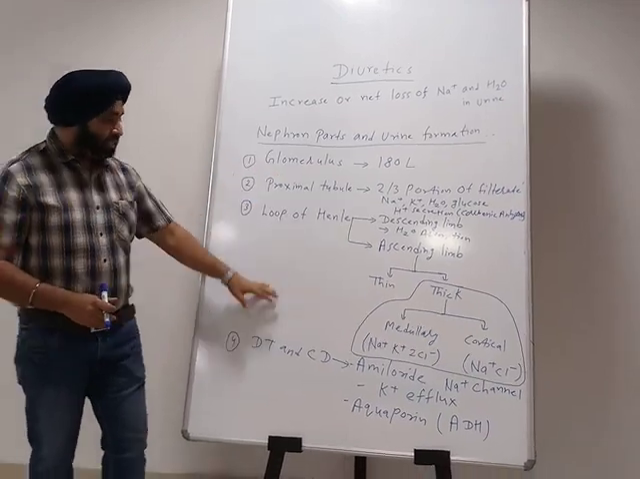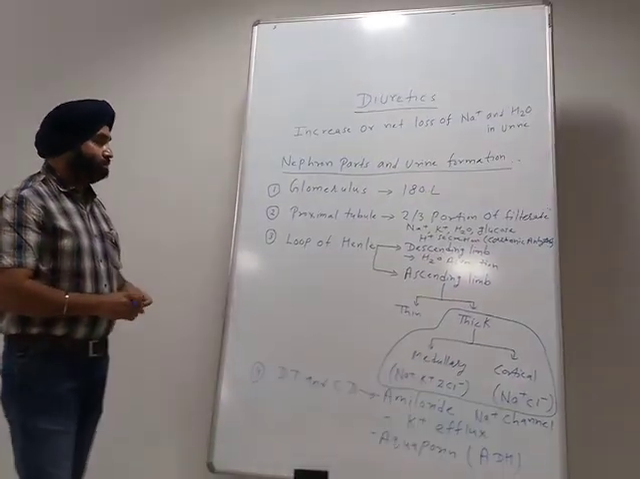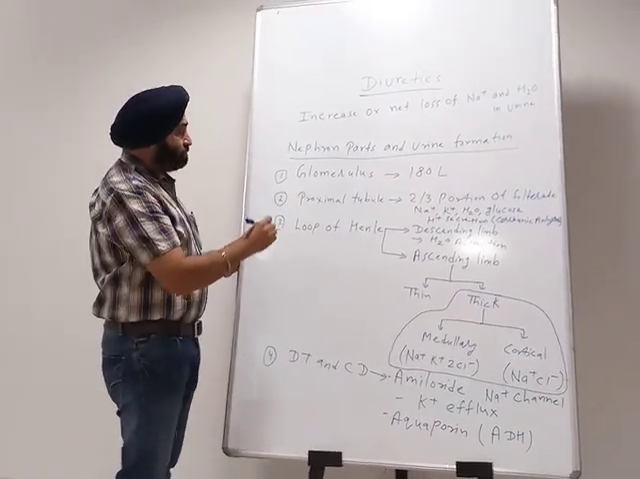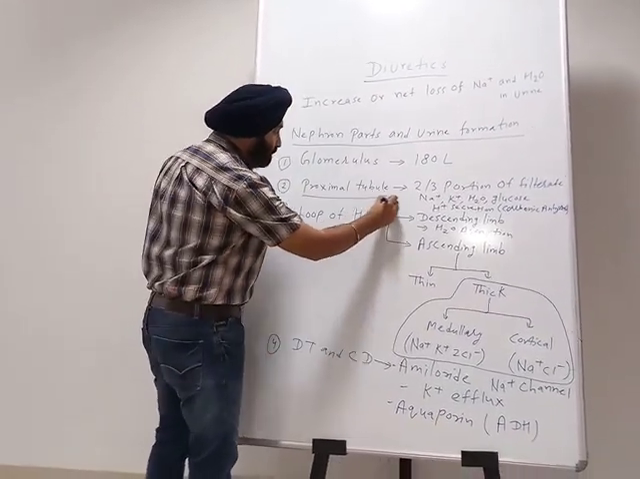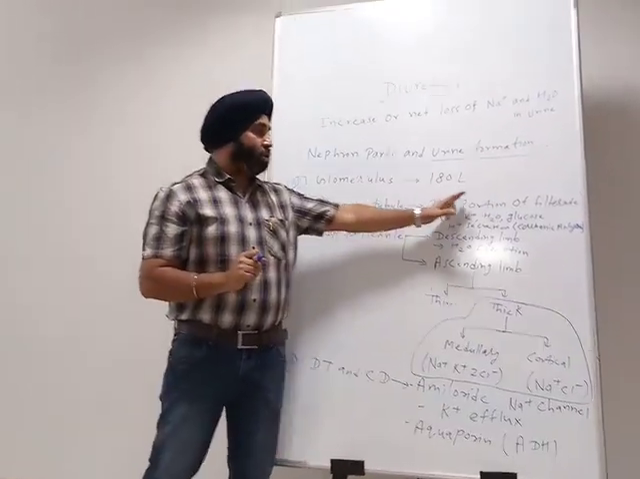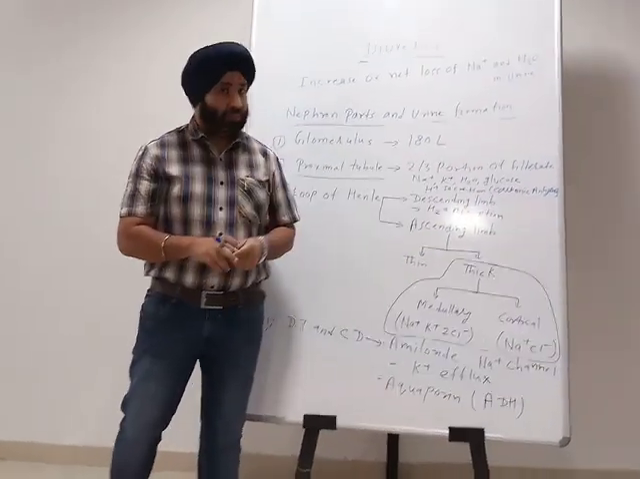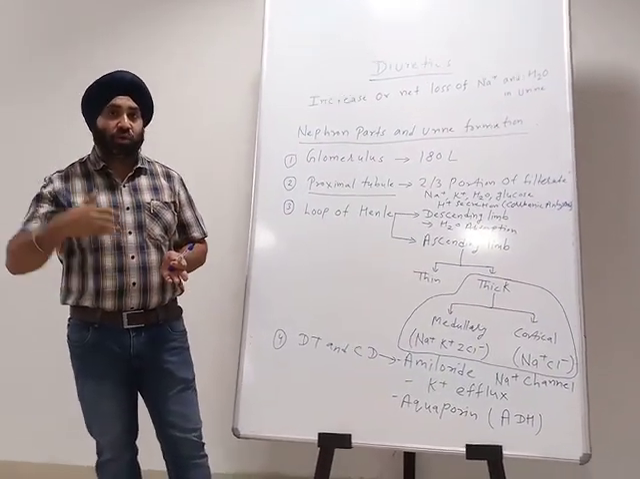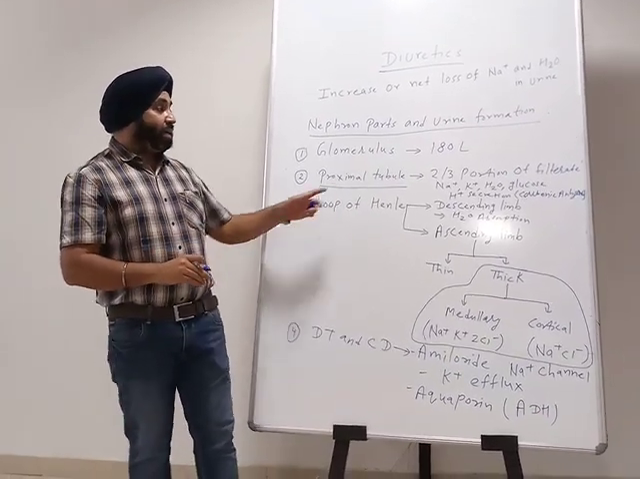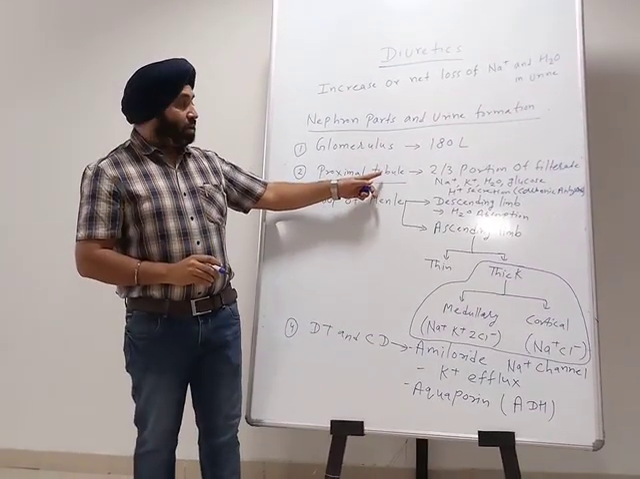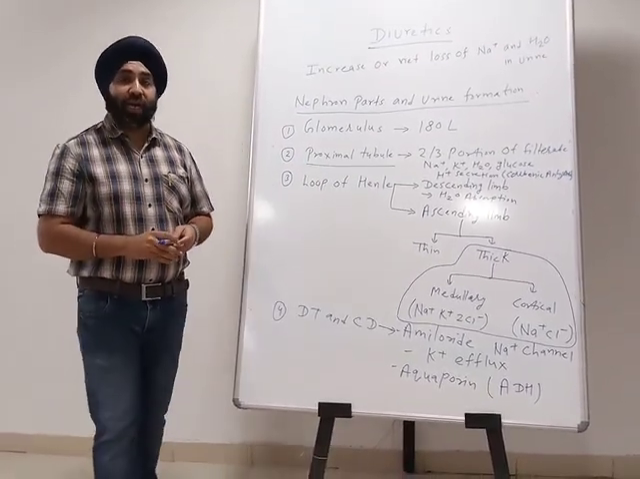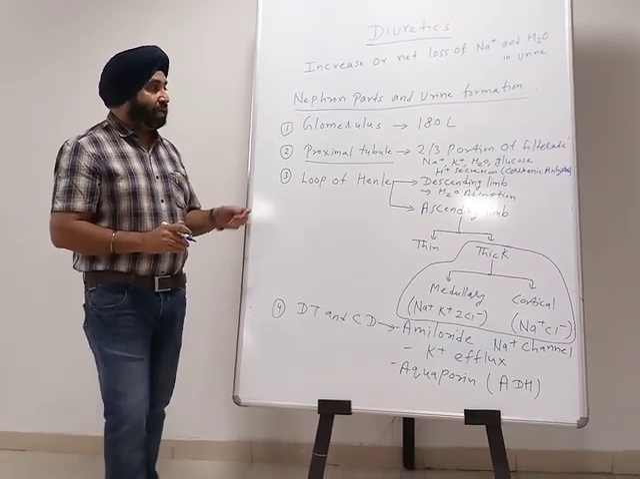Now, understanding these parts and their role, you must be thinking that the diuretics which act on the proximal tubule will be highly efficacious, because the 2/3 portion of the filtrate is reabsorbed. If we stop this reabsorption, more and more sodium and water will be excreted. But it is not so. The drugs which act on the proximal tubule are not a good diuretic. The reason behind that